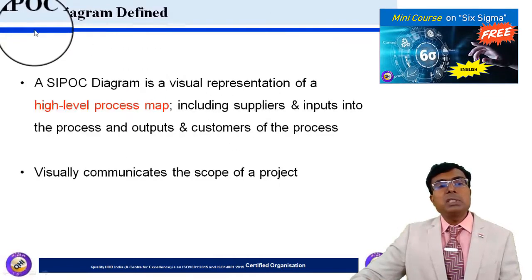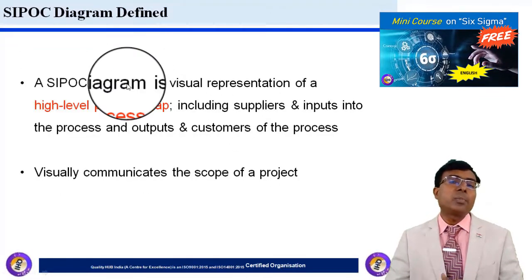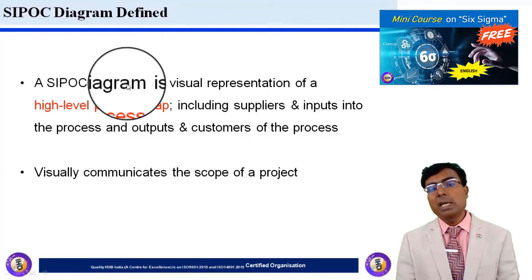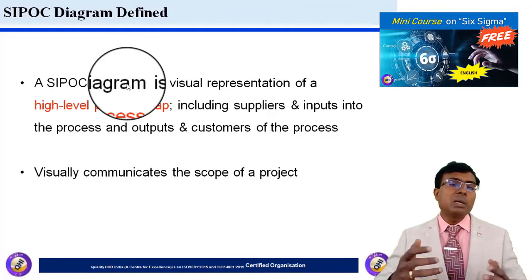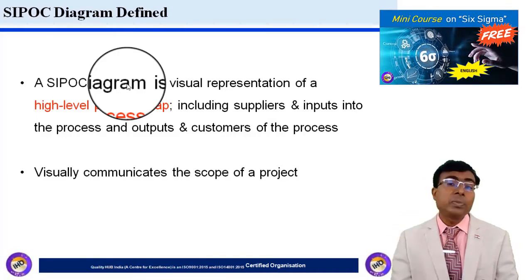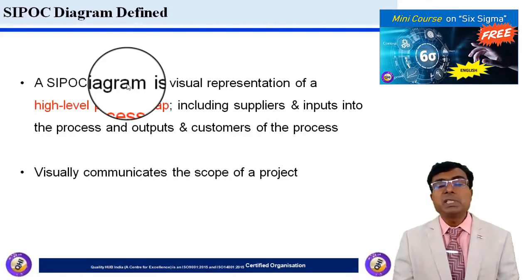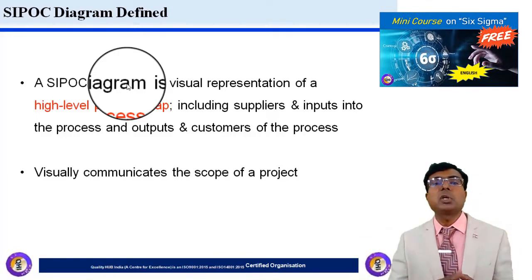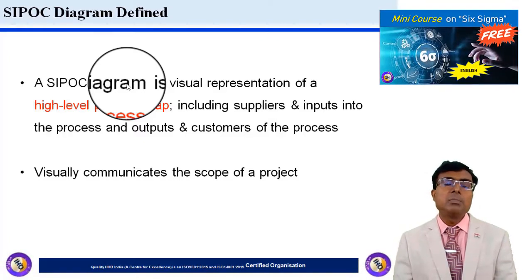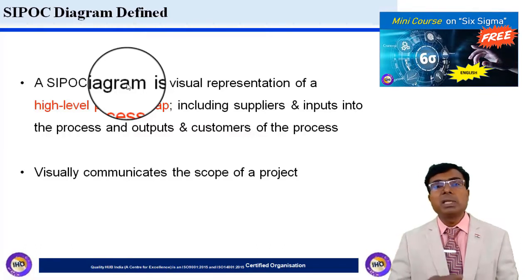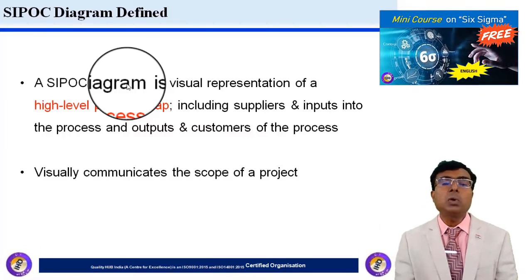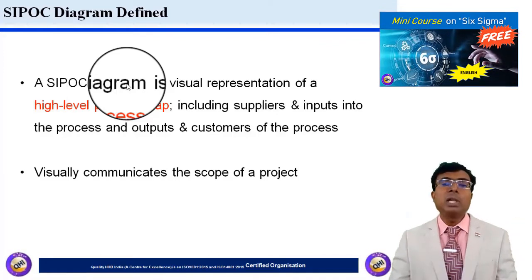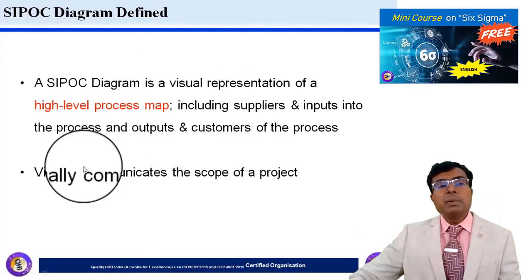So talking about SIPOC diagram, this is not like a process flow diagram. Process flow diagram is a very detailed diagram, whereas SIPOC diagram is generally called an eagle's eye or a helicopter view. So it basically provides the broad level structure of the process, and besides understanding the process, we also understand what are the inputs, what are the outputs of the process, who are the suppliers and who are the customers. Okay, so all these aspects we understand on a very broad level.